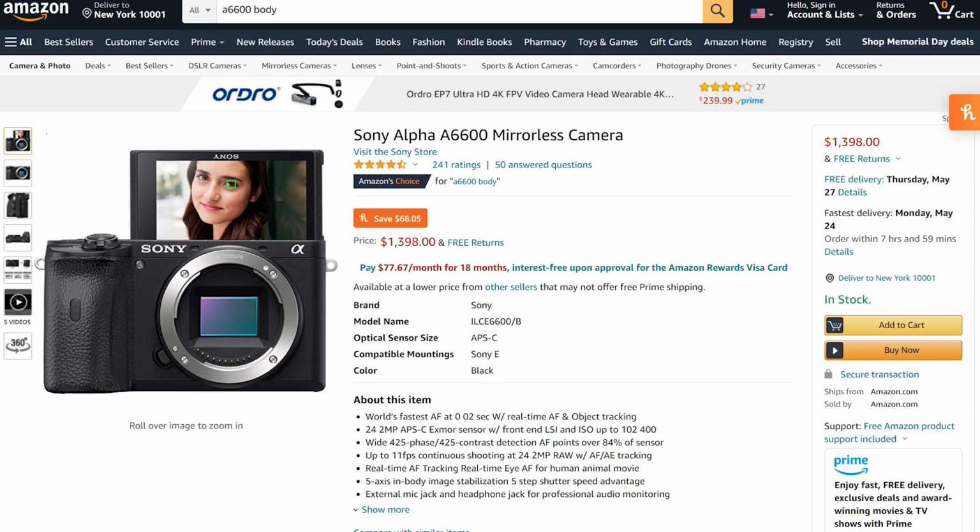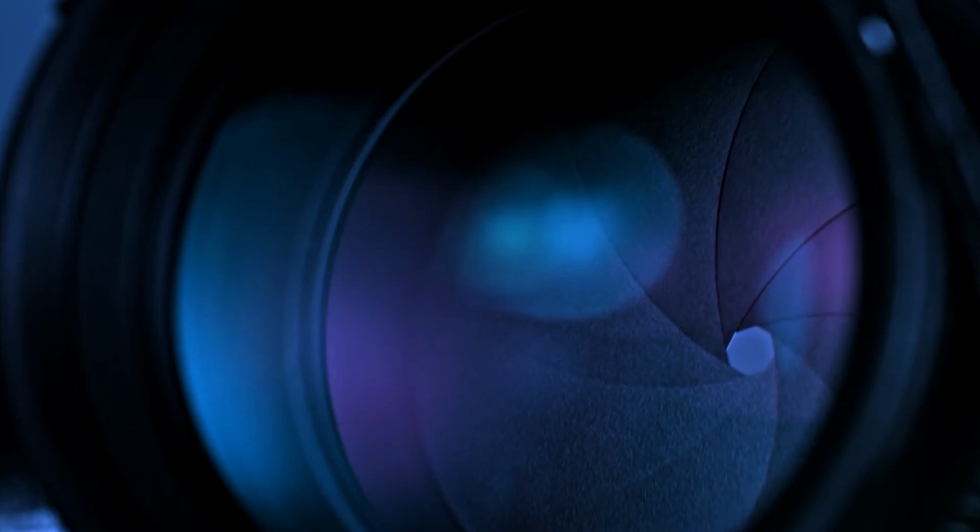So let's talk about price. For the body, it's about $1,200 USD just for the body alone. And if you pick up the kit lens, you're going to spend about $1,600 USD. I wouldn't recommend the kit lens. I mean, it's a good all-round lens, but you're not getting that good wide aperture that you need with an